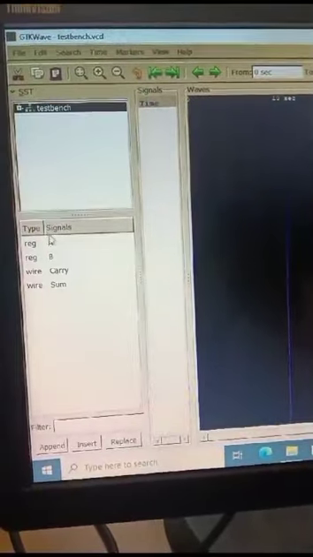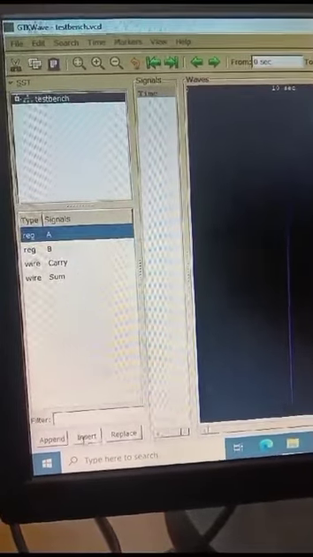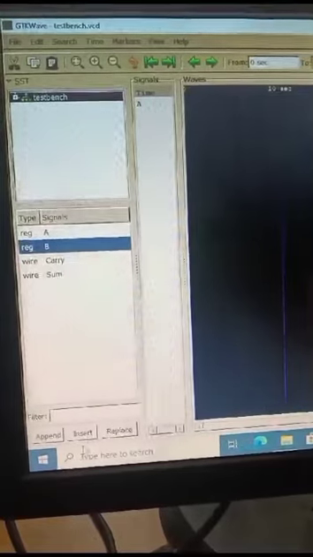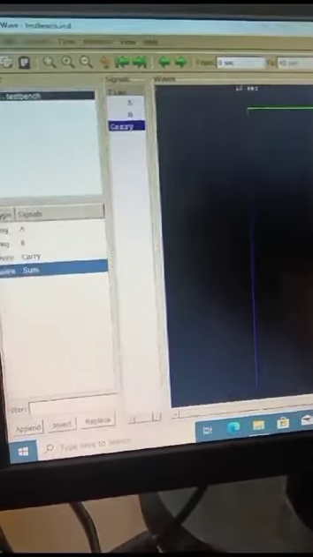This is the GTKWave. For this we have to go here and click, thereby we can see all the inputs and outputs. Insert carry, insert sum, insert, and these are all the outputs. Thank you.